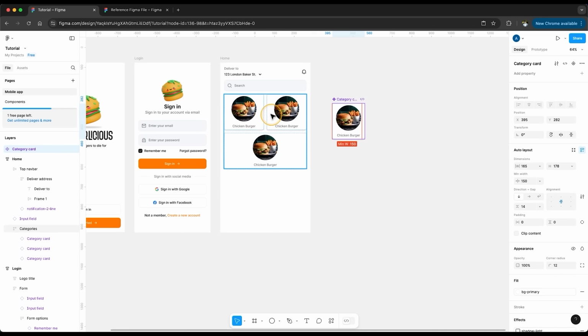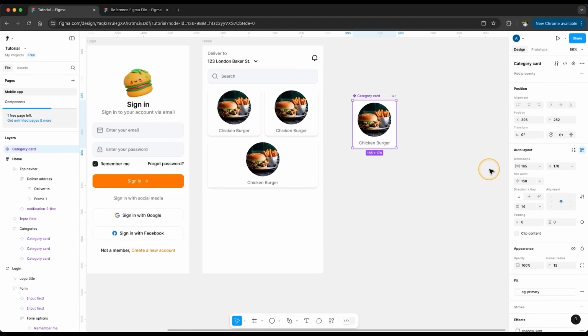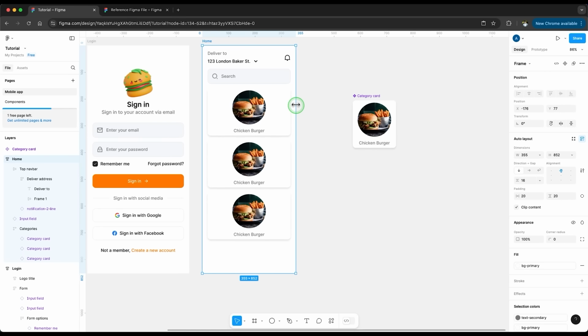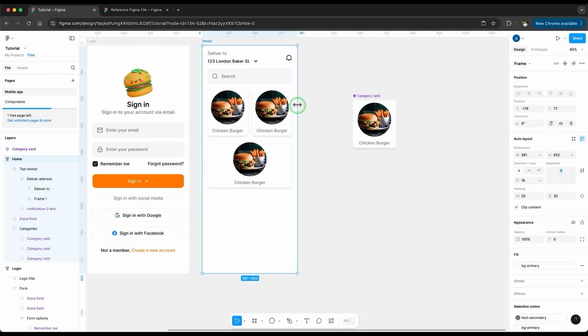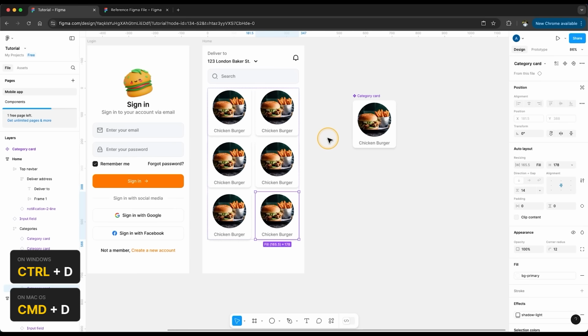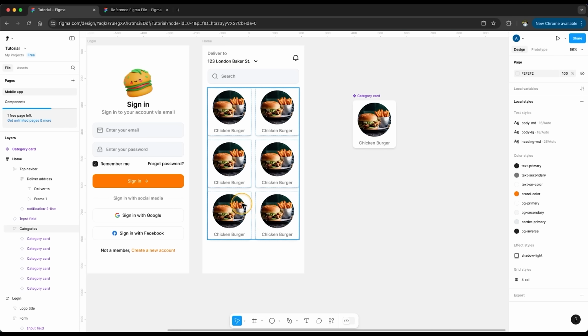It means that the width of this card in an auto layout cannot be less than the value that you add here. Beyond this value, it can go to any size. And because we have set it to fill the container, that's why the third card is taking up all that space. And if I try to resize it now, as soon as the width of the card goes below 150px, it just wraps it and takes it to another row. Let's add a few more cards, and we can see that as we add it, it automatically wraps it nicely